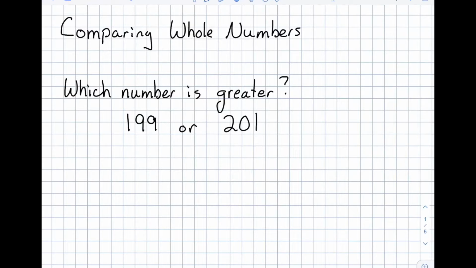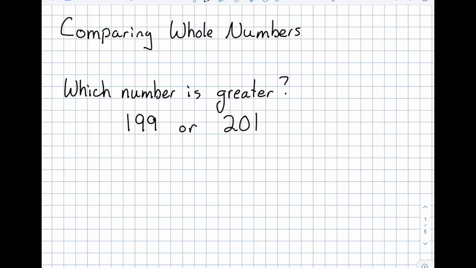In this video, we'll talk about comparing whole numbers. Let's consider the problem, which number is greater, 199 or 201? Some children might get confused because they see these nines and they know that 9 is a greater number than either 0 or 1, and so they think that because this number contains two nines, it must be the greater